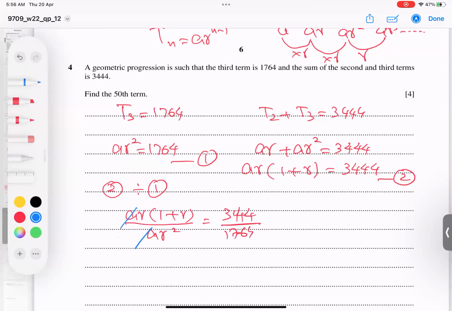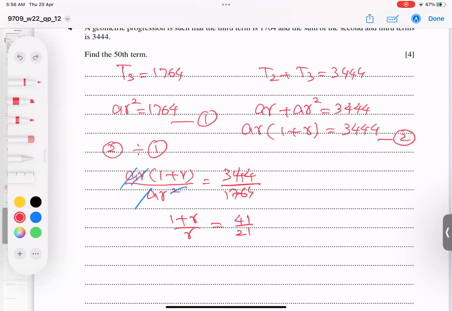So a cancels out, ar cancels power 2. 1 by r, 1 plus r by r. And let's see if I solve this, do I get some value or not? Yes, it is coming in simple form, 41 over 21. Cross multiply, 21 multiplies there, 21 minus 21r, and this multiplies there, 41r. This goes there out of 41, so 20. So I'm getting 20 is equals to 62r. And if I divide 21 by 62,